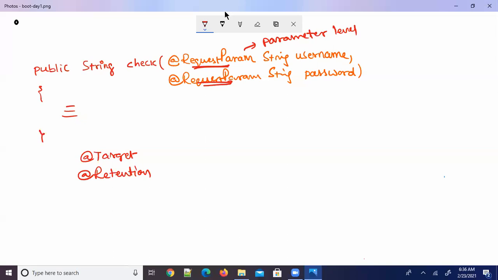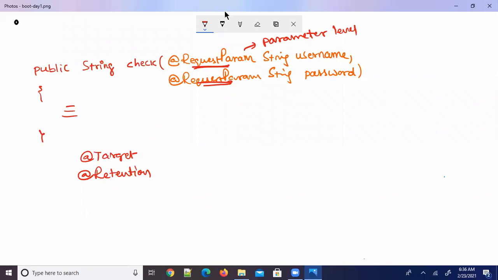This Target annotation is going to describe where the annotation can be used, meaning whether this annotation can be used at class level, or at a method level, or at the parameter level or at the constructor level. So the Target annotation describes the element types.